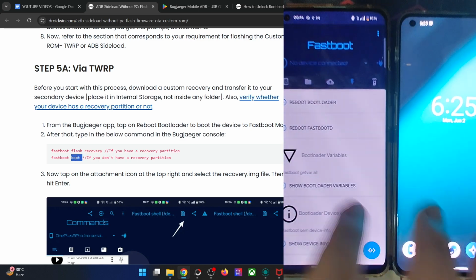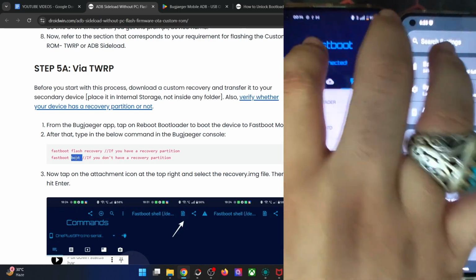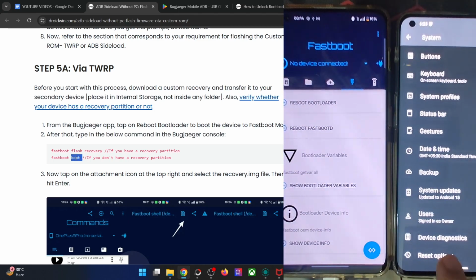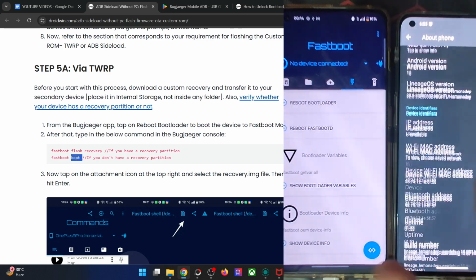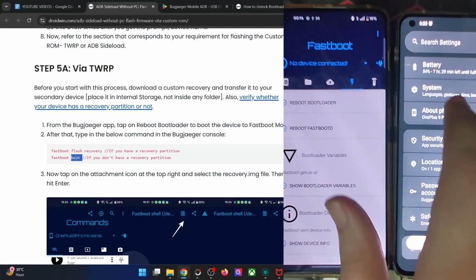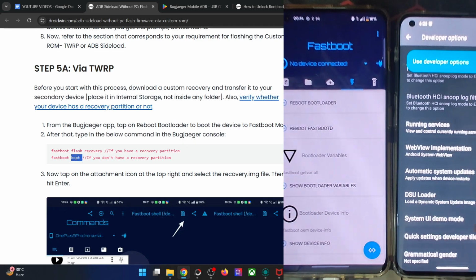And you may again carry out all the tasks from here. Just make sure to re-enable USB debugging over here. And then your phone should be shown in the main tab as well. Just give me a few seconds, I will show you that as well. Just go to about phone, tap on build number 7 times. Go back, go to system, developer options. You will now see and enable that as well. USB debugging from here.